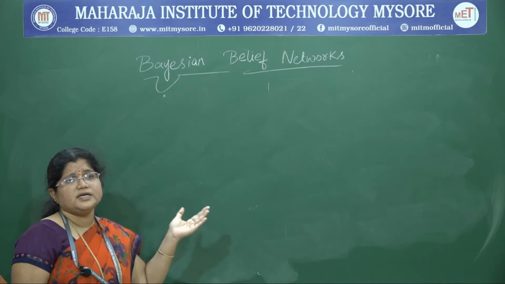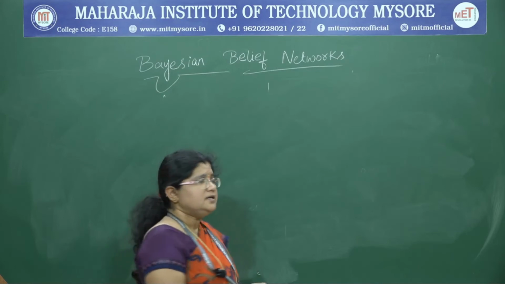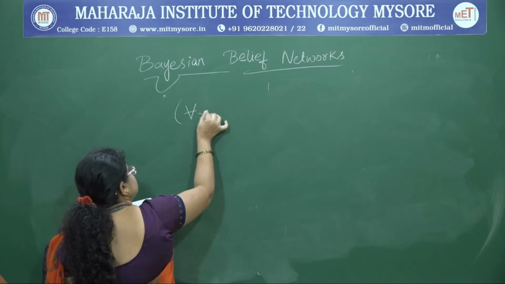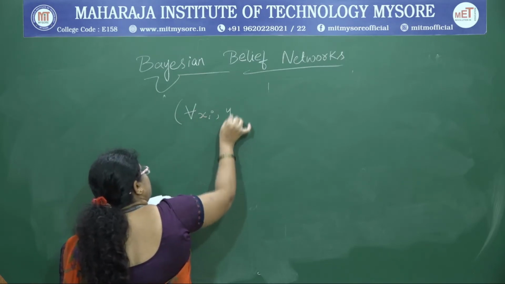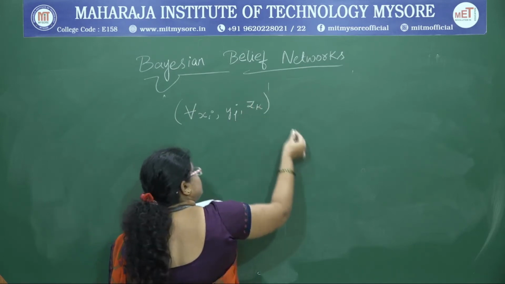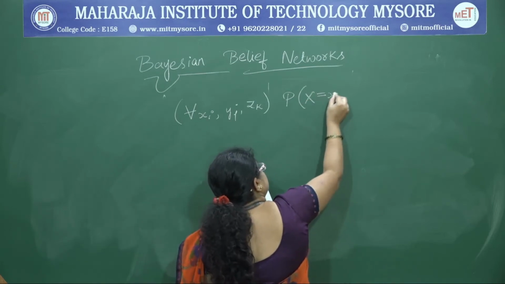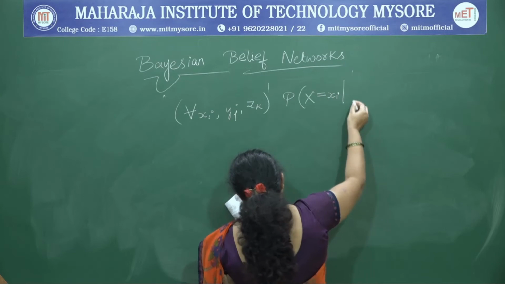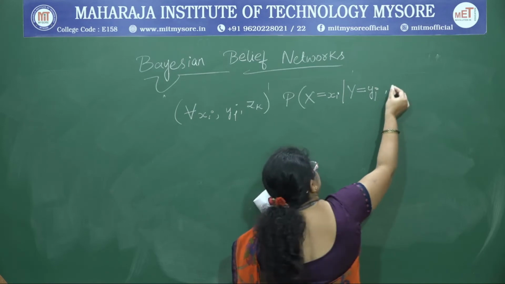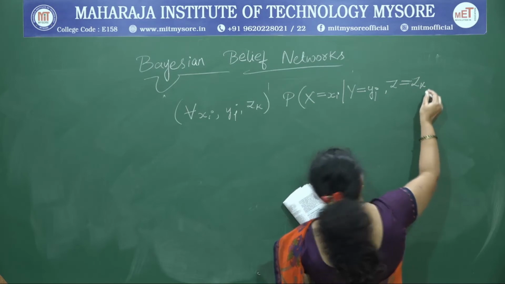This statement can be represented in mathematical form: for all xi, yj, zk, the probability that capital X is equal to xi given y is equal to yj and z is equal to zk